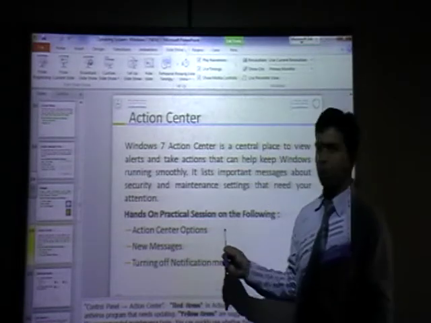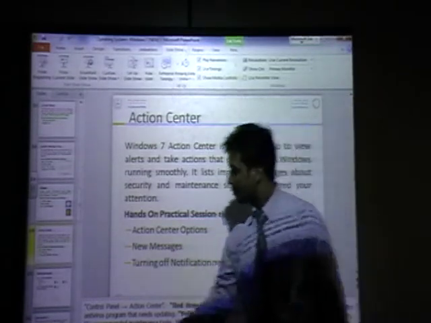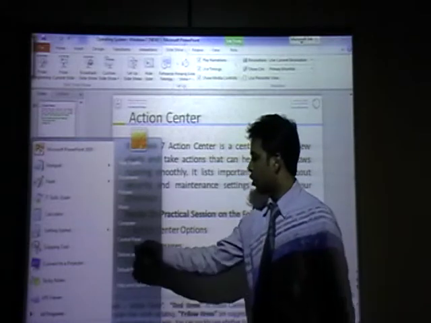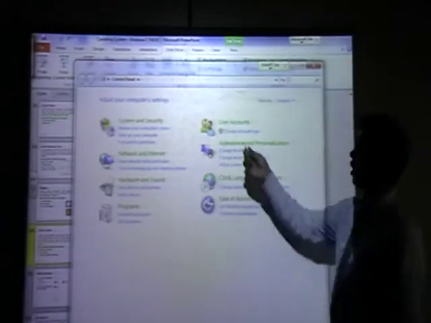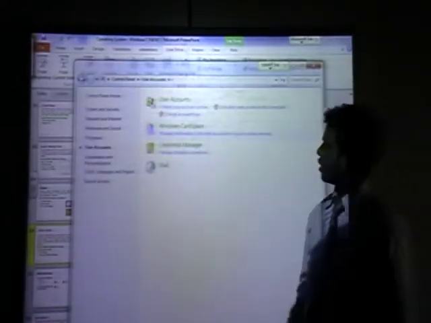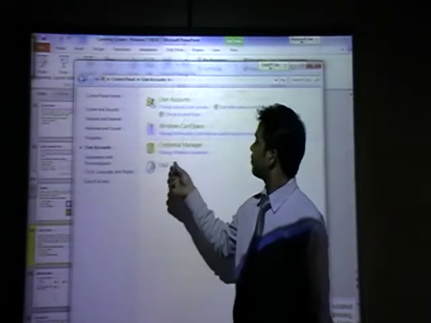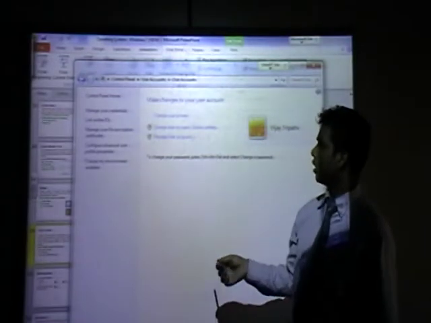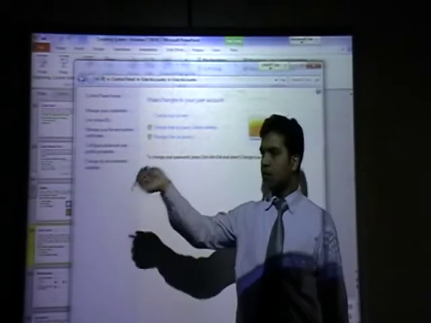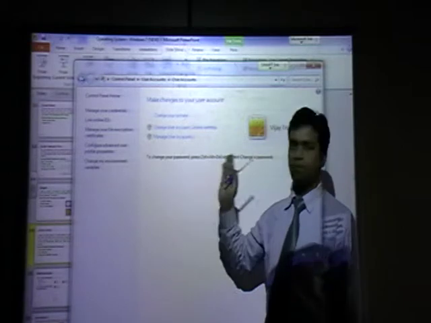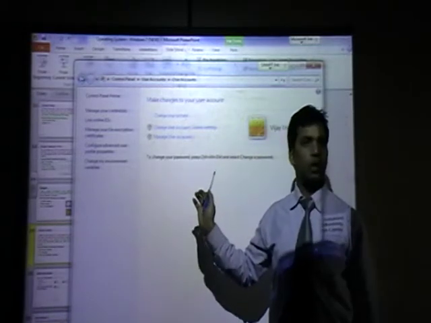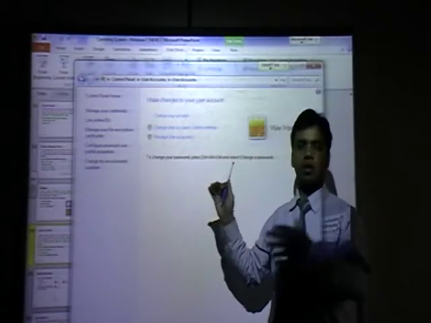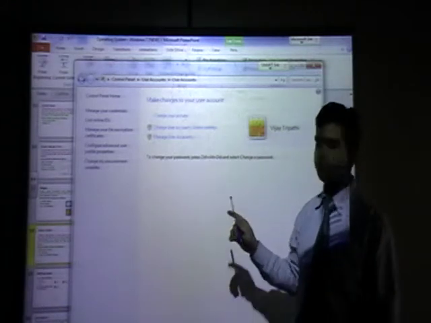So this is the use. Is it available in computer, control panel and user accounts? User account, and from here when you go to user account, you can do it. It will come in your computer, but here due to the administrator, it is not showing. You can use it in your laptop.